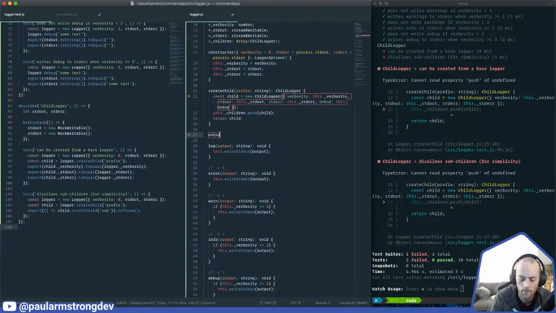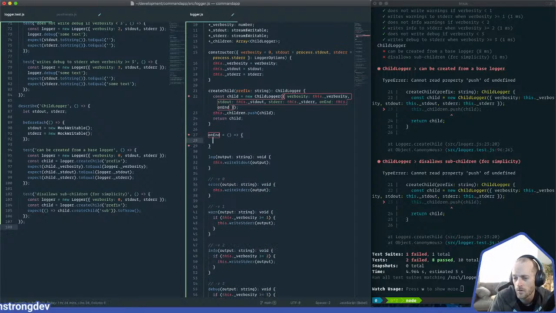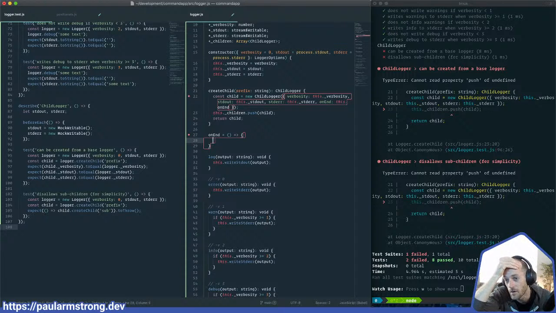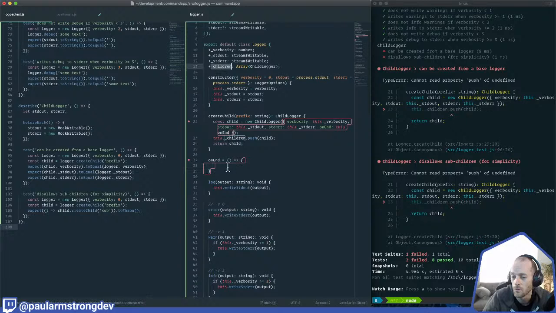So we're going to need to make this a bound method here to keep our scope intact. And from this point we can loop through the children. So we'll say on end child logger, and then we'll say